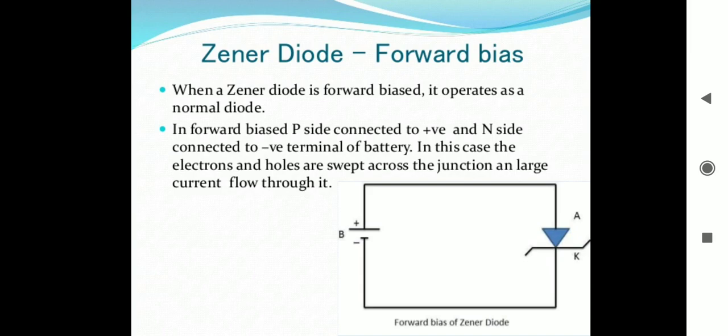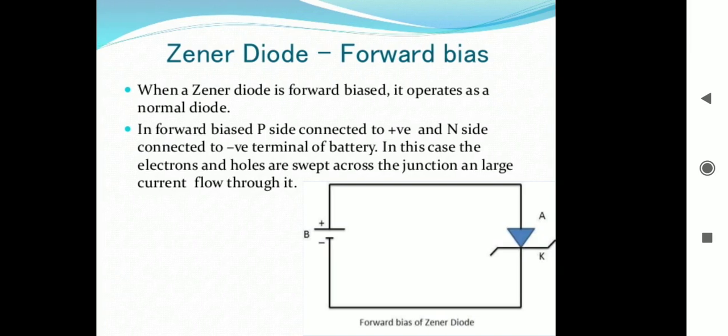So when we increase the reverse voltage initially, a small reverse saturation current, which is in microamperes, will flow. These currents flow due to thermally generated minority carriers. At a certain value of reverse voltage, the current will increase suddenly and sharply. So this is about the forward bias conditions.